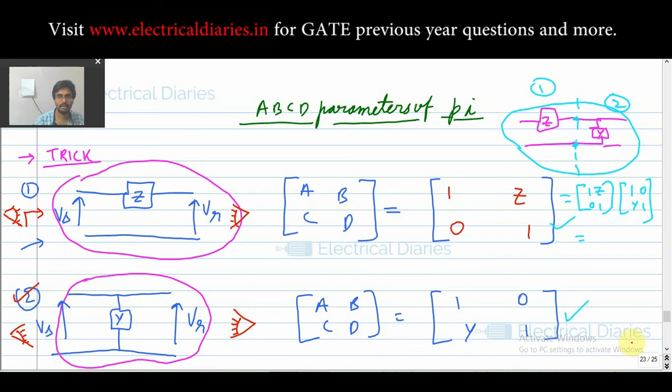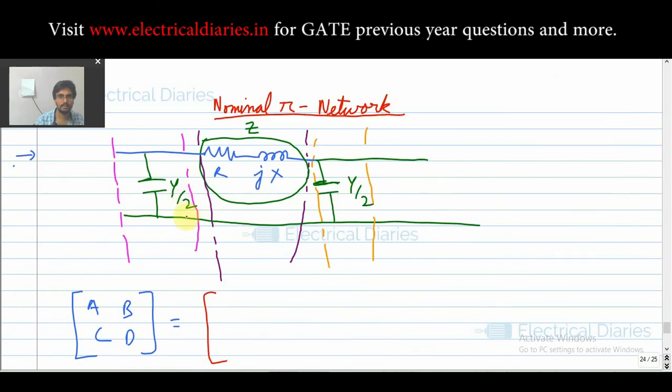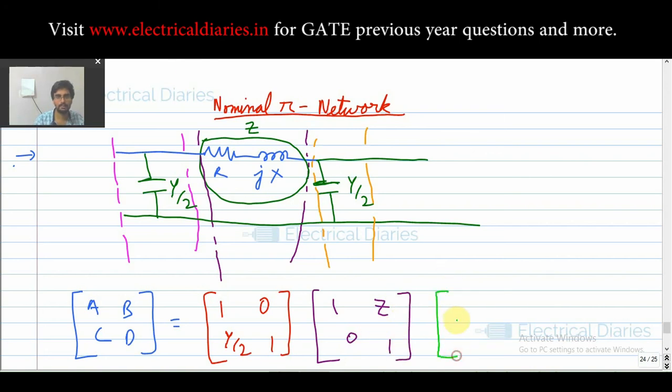Okay, there is a Y. So here the admittance is given as 1. It is symmetric, so you take C as Y by 2, and there is no Z, so it will be 0. Now again take the next one. Next is your Z only and it is symmetric, so 1, 1, B will be Z and this will be 0. And your last one will be Y by 2, so again it will be 1, 0, 1 and this will be Y by 2.